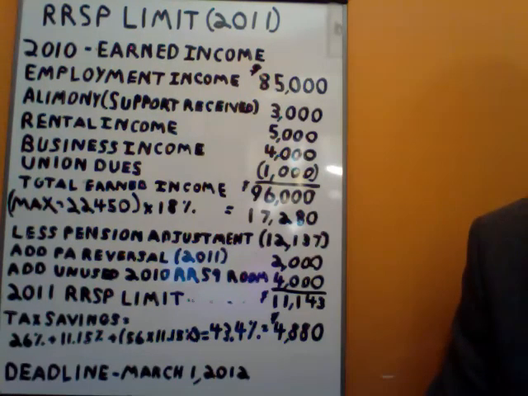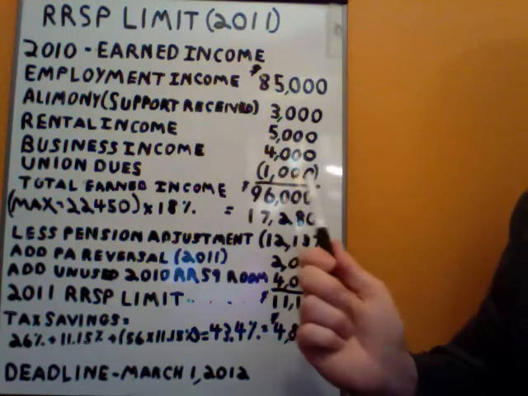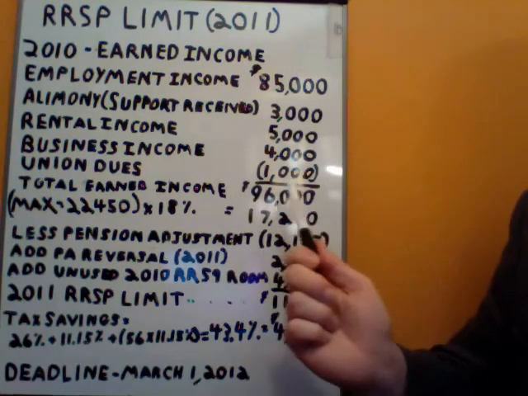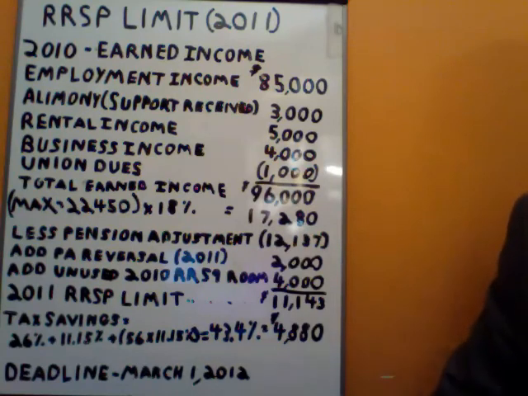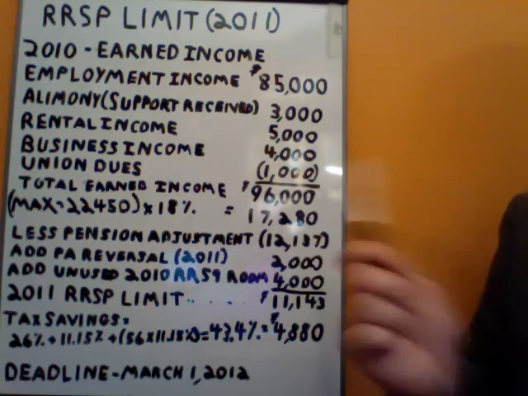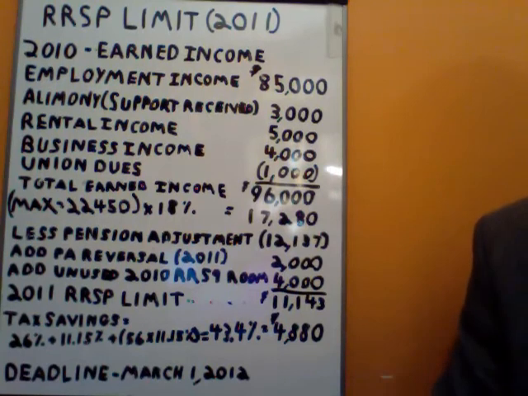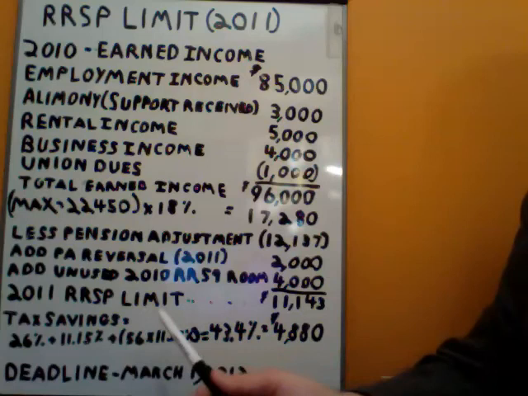Now, how much tax would he be saving if he made that contribution? Well, let's just say his total income that's reported on his return is probably similar in 2011 to what it was in 2010, because this is the 2010 number. Let's just say it's 96,000, the same number pretty much. Well, at $96,000, you are in the third tax bracket for federal purposes here in Ontario. So basically, we would be at a marginal tax rate of